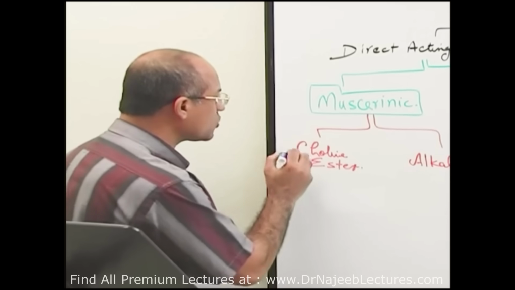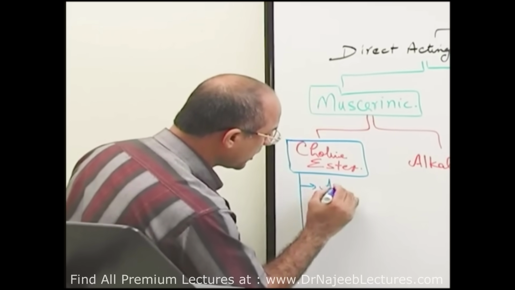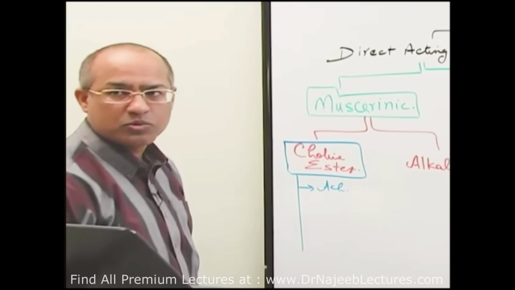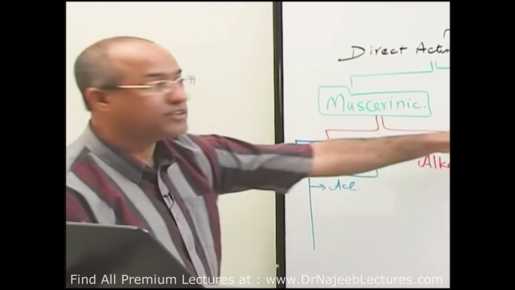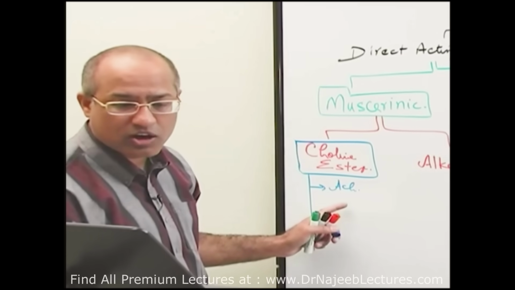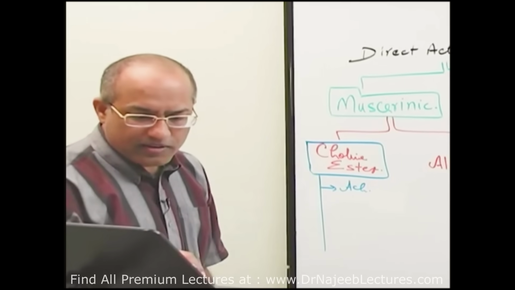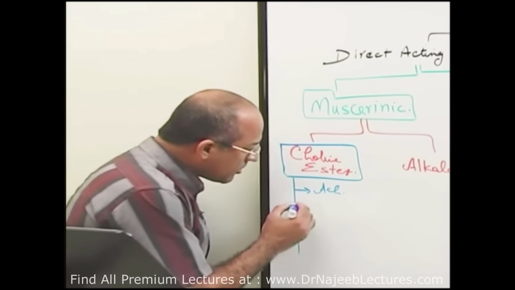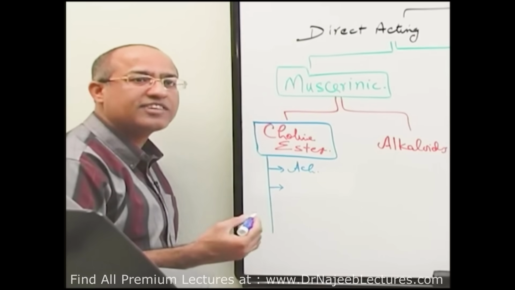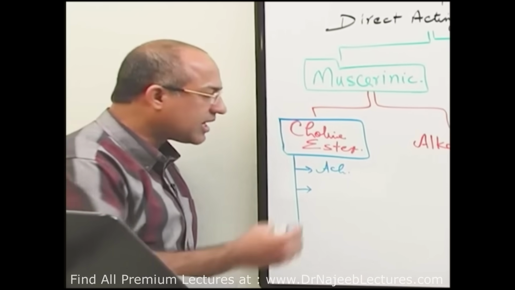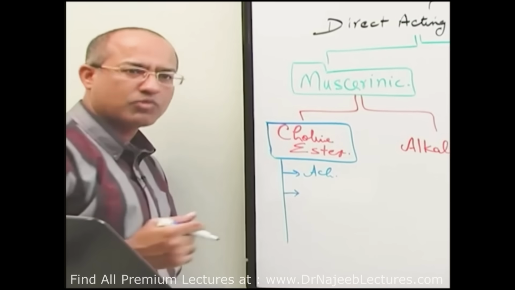Even though it is not used as a drug, I will tell you later why, but at least you should tell me acetylcholine, which is a compound which can stimulate muscarinic, of course, but it can also stimulate nicotinic, right? Acetylcholine is not selective to muscarinic, right? Now acetylcholine. Then there are some other molecules which are produced by modification of acetylcholine, or molecules which are structurally similar to acetylcholine, but there are some significant differences.